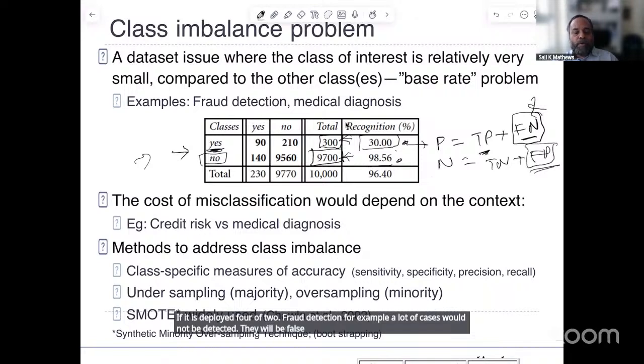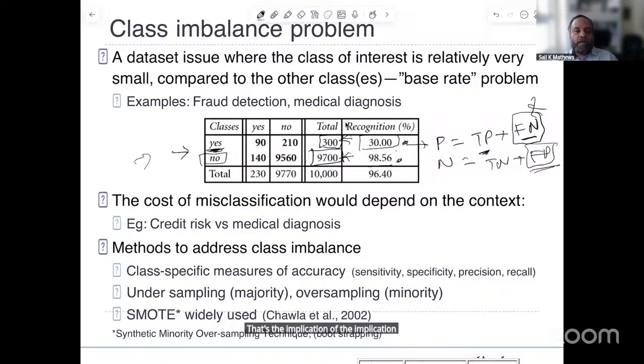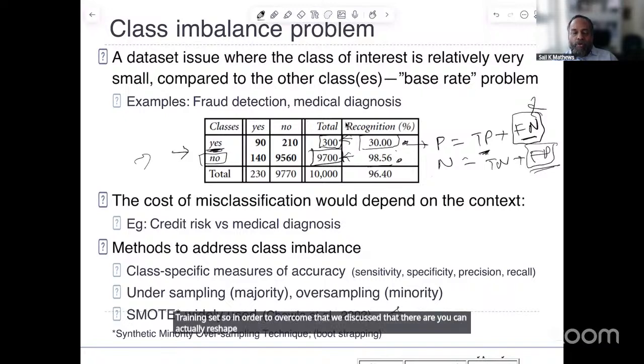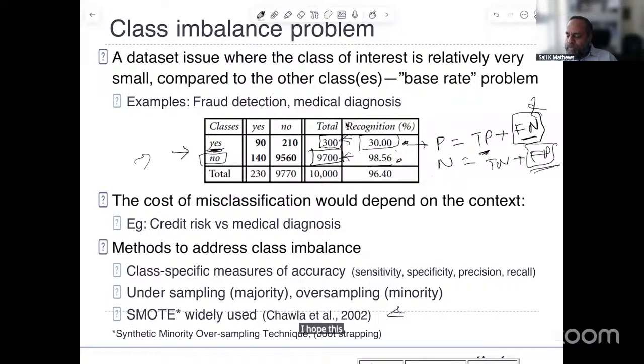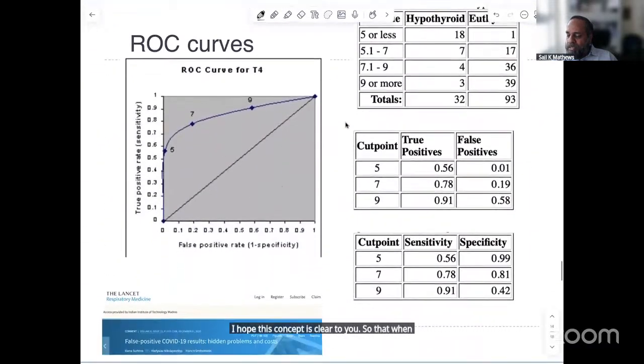They are actually positive, but a lot of frauds will not be detected by the classifier. That's the implication of class imbalance in the training set. So in order to overcome that, we discussed that you can resample your training data such that the negatives and the positives are balanced in the data set that we use to build the tree or build a classifier. I hope this concept is clear to you,